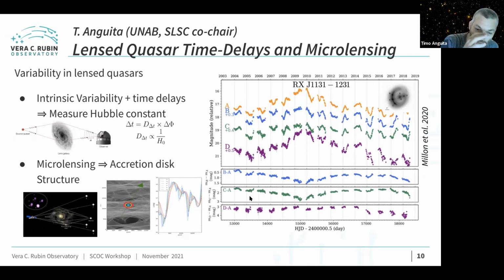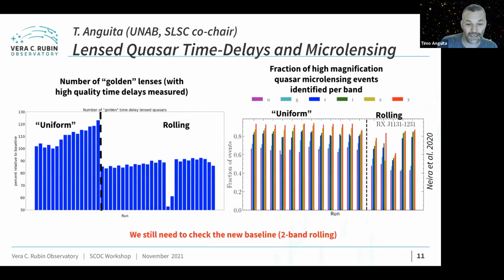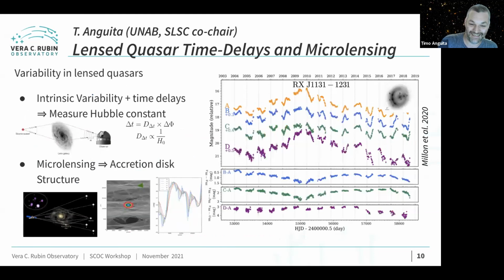Now, before moving to the next slide, the timescales involved here, for the time delays and intrinsic variability, are quite different. So the quasars vary at the timescales that you know. I mean, this can be anything, from minutes to years, and then the time delays can also be from minutes to years.